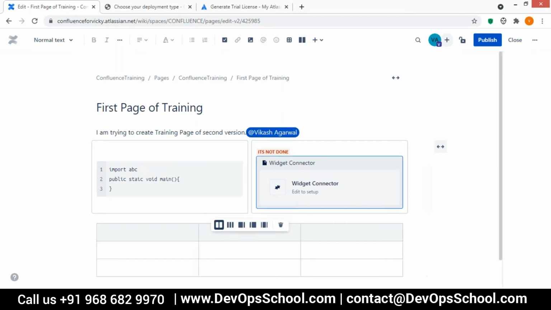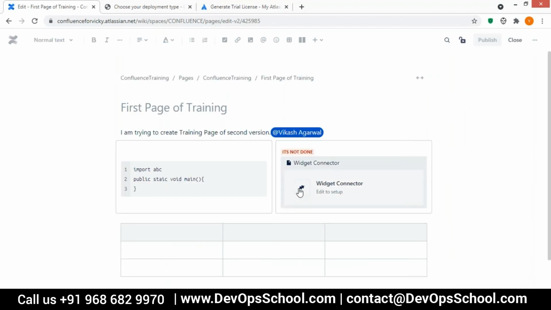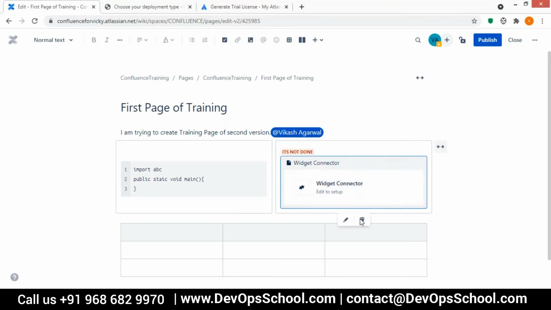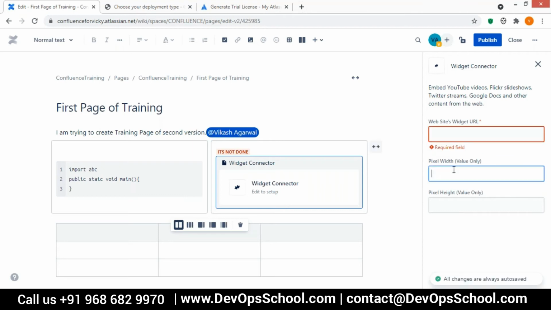The page had too many things, so that's why the publish was not working. Now it is done. Let's click on this. When I click on this, can you see the right panel? We have to mention the website, the URL of your YouTube video. You can also mention the pixel width and pixel height.